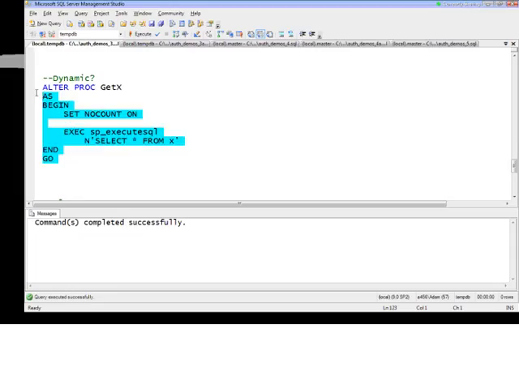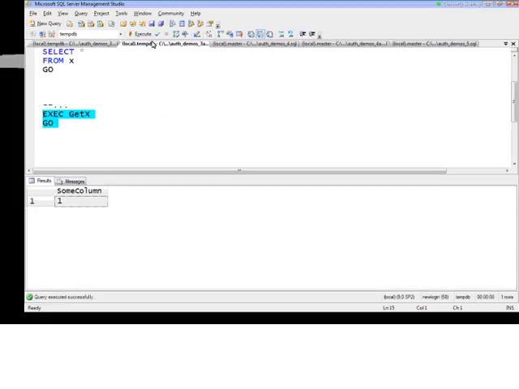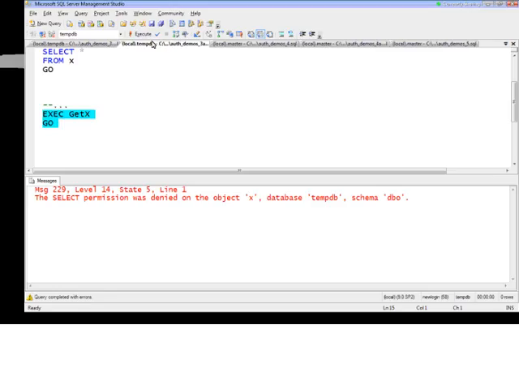Here's where it breaks down. I'm going to change the procedure, and instead of selecting from the table directly, I'm going to use dynamic SQL. Now I realize this isn't a place you'd probably use dynamic SQL generally, but it's a simple example. So I'm going to go ahead and do that. I'm going to jump back over here to this other window and run getX again, and boom, I get an